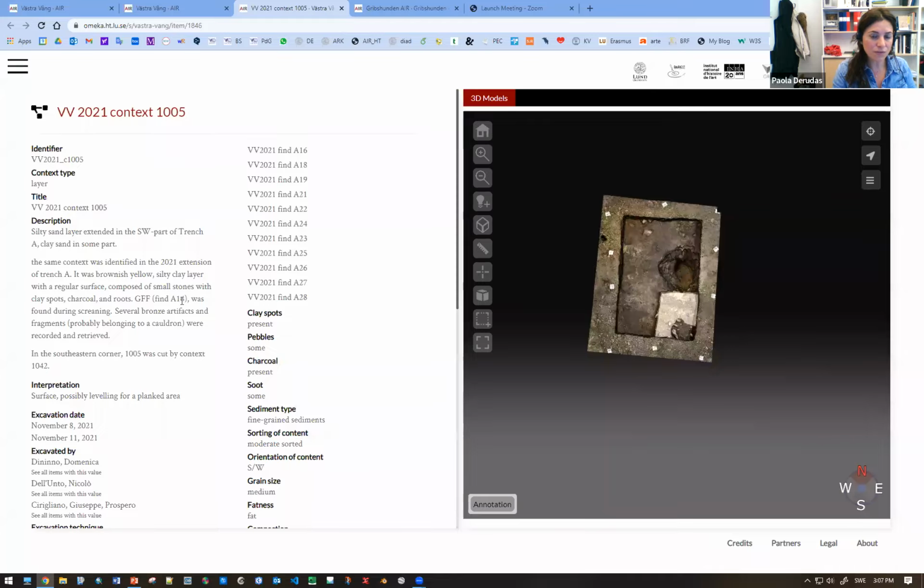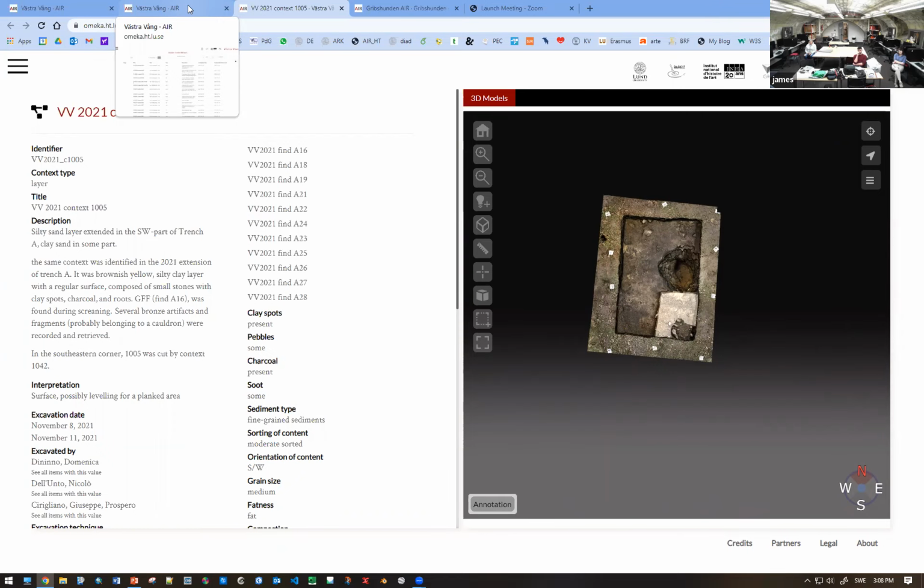Maybe we didn't think about restoration of objects, but since we have a very strong collaboration with the Buckingham Museum, and we had a lot of volunteers helping us in the excavation at this site, Västra Vång, we want to reuse our research data also for dissemination purposes. So we are looking at this possibility. And since Omeka S as a content management system allows the creation of multiple editorialization fronts, one of the possibilities that we would like to explore is to use the same data set to tell the general public the stories of the excavation and how the work has been done, and eventually also present objects as they have been retrieved